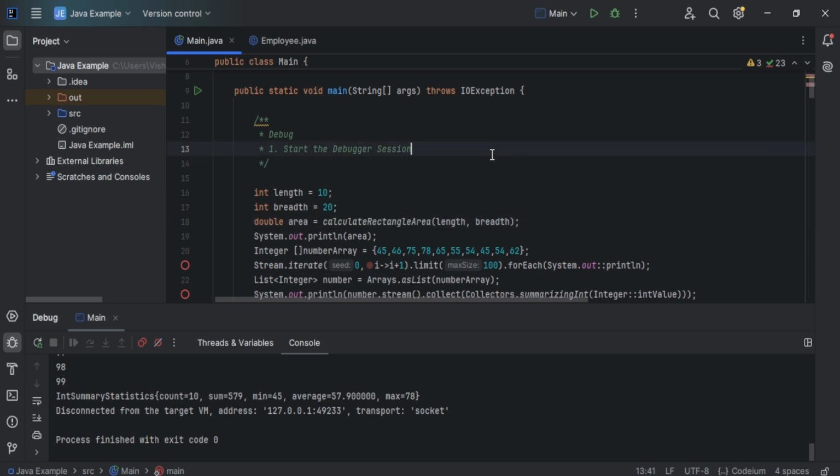Hi guys, in this lecture we will discuss how to start debugger sessions. Starting a debugger session is very similar to running the program in normal mode. The debugger is attached behind the scenes, so you don't have to configure anything specific to start a debugger session. If you are able to run your program from IntelliJ IDEA, you will also be able to debug it